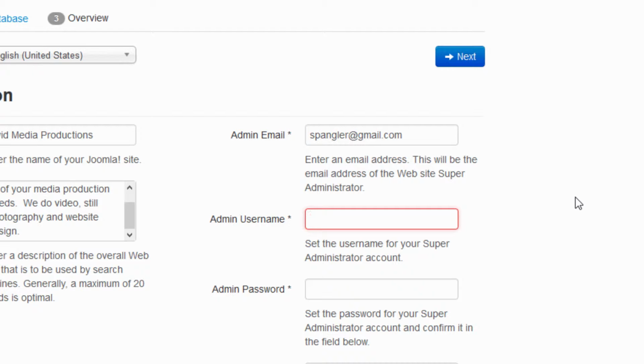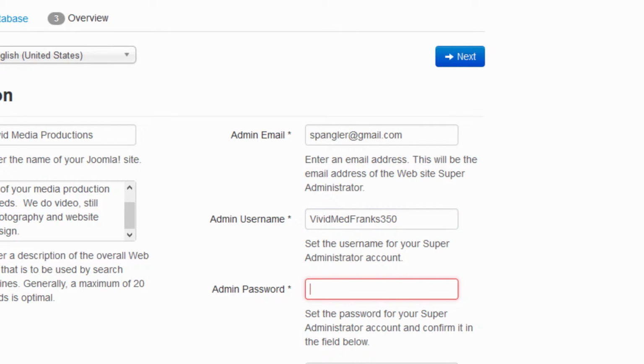And so what you need to do is come up with a username that you will use to log in to Joomla every time you need to do something in the back end and make some changes, some updates. You will be needing to plug in this name. So come up with a name and also write it down, because you're going to need that in a minute when you go to log into Joomla. So in my case, I'll probably just say something like,